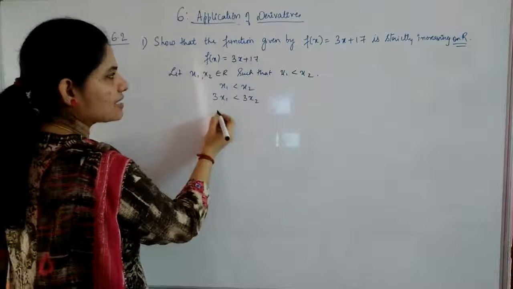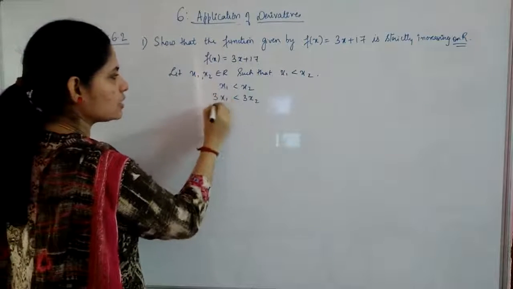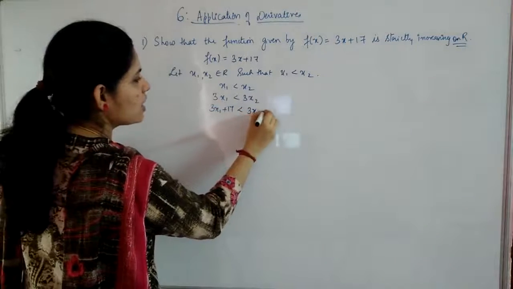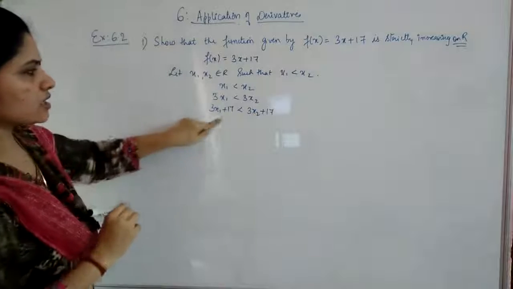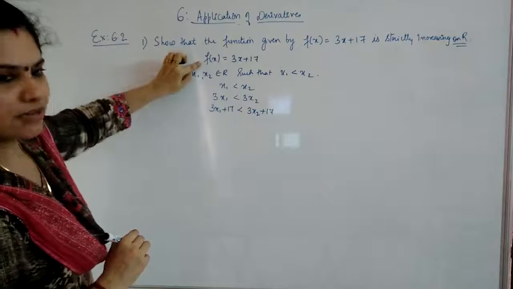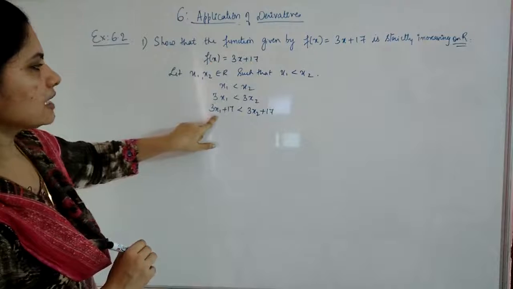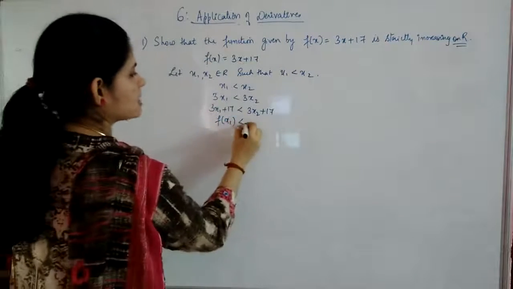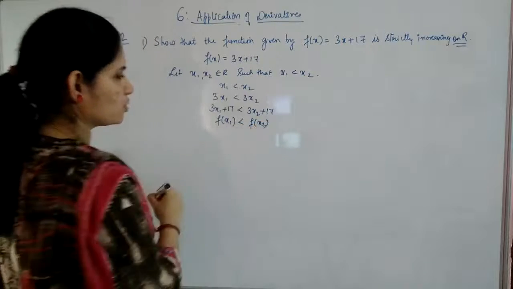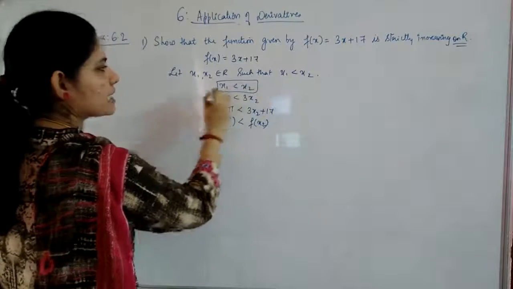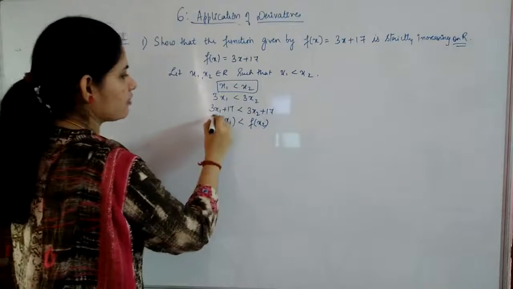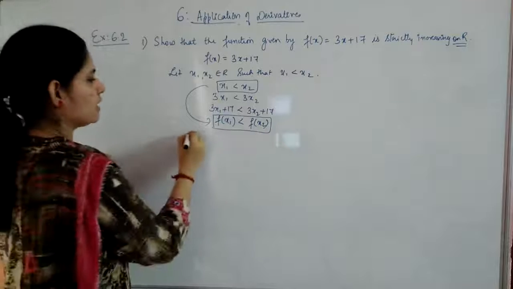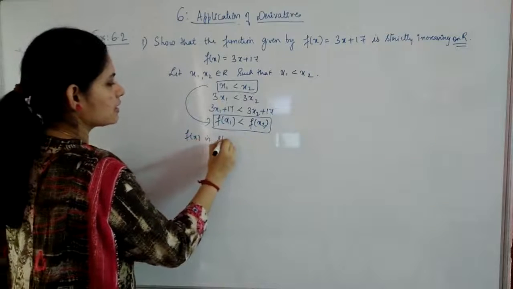Now we will just add 17 on both sides. Again, no change in the inequality, which will give you 3x1 plus 17 is less than 3x2 plus 17. And what is this 3x1 plus 17? Since f of x is 3x plus 17, 3x1 plus 17 will be f of x1, and this is less than f of x2. So from where we have started, x1 is less than x2 and we reached f of x1 is less than f of x2. That means the function f of x is strictly